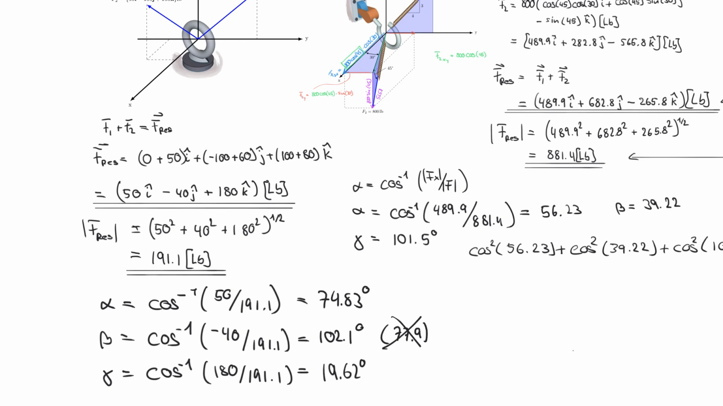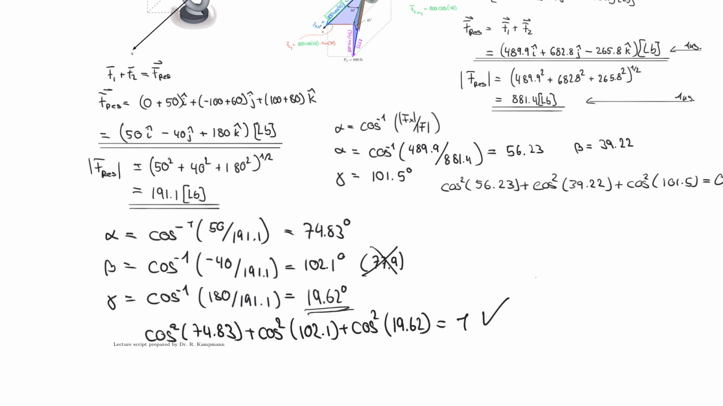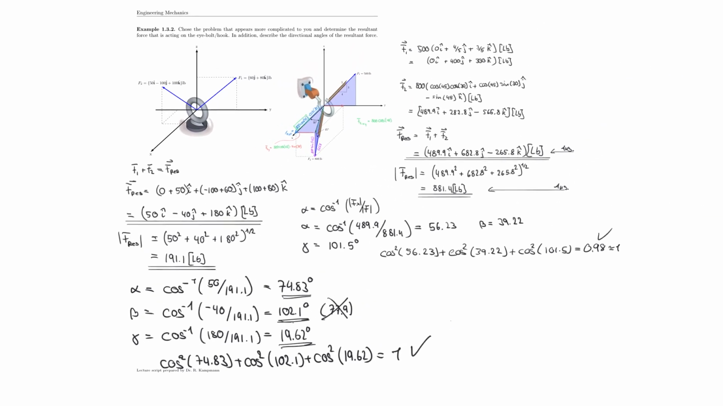19.62 degrees. And now, last but not least, I have to test that again by saying cosine squared alpha, 74.83, plus cosine squared beta, 102.1, plus cosine squared 19.62, and that better be equal to 1. And we are done with this problem as well. Of course, I need to double underline my results here, but that completes the entirety of these two problems,